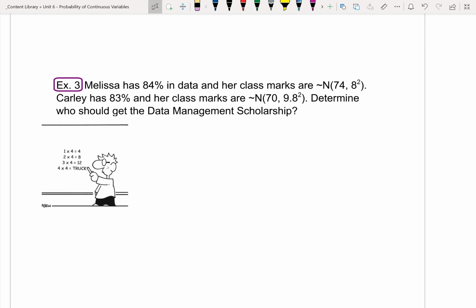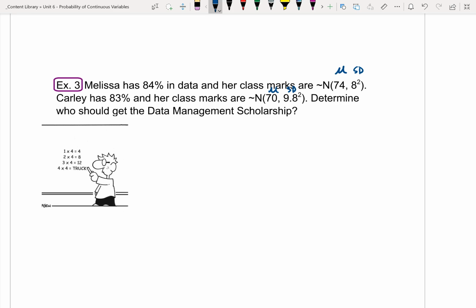So example 3: Melissa has 84% in data management and her class marks are normally distributed with a mean of 74 and a standard deviation of 8. Carly has 83% and her class marks are normally distributed with a mean of 70 and a standard deviation of 9.8. Determine who should get the data management scholarship. So here we want to compare our two students and we want to see who has a better overall